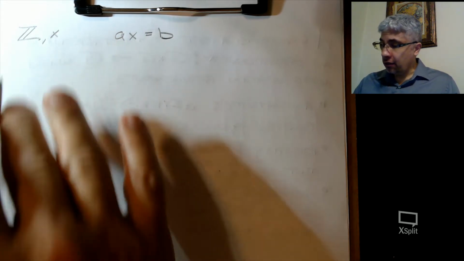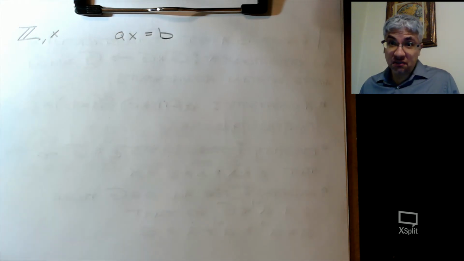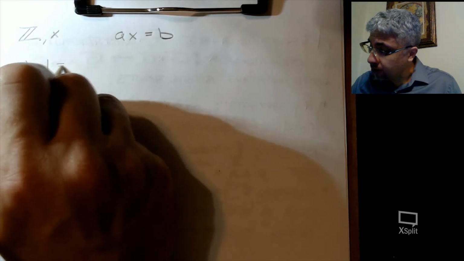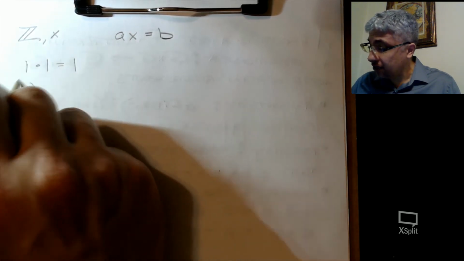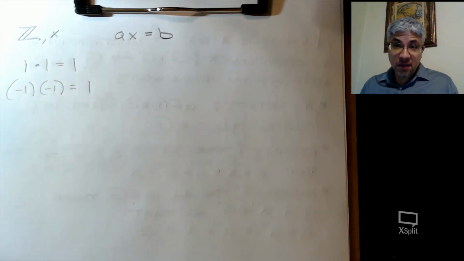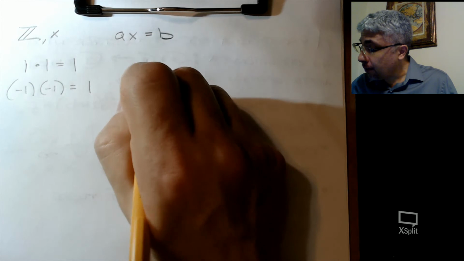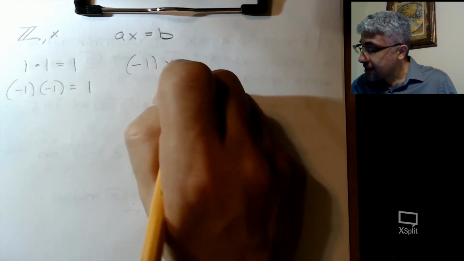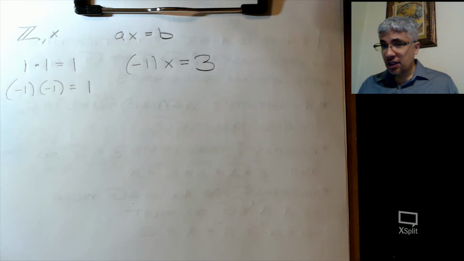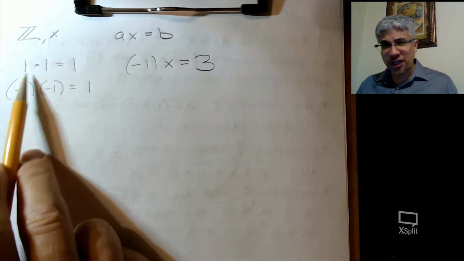With the integers, some things have an inverse, right? If I have 1, I know 1 times 1 is equal to 1. And if I have -1, I know -1 times -1 is equal to 1. So we can sometimes get back to 1. If I have an equation like -1 times x equals 3, I can solve this in the integers. But once we start moving away from 1 and -1,